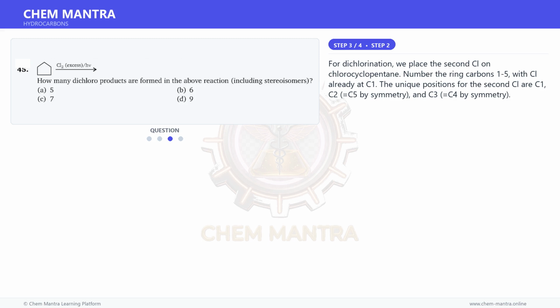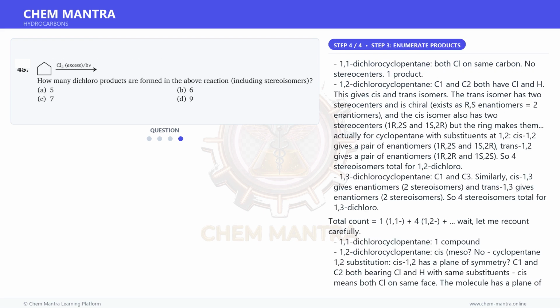Moving on to the next step. For dichlorination, we place the second Cl on chlorocyclopentane. Number the ring carbons 1 to 5, with Cl already at C1. The unique positions for the second Cl are C1, C2 (which is equal to C5 by symmetry), and C3 (which is equal to C4 by symmetry). And for the final step,